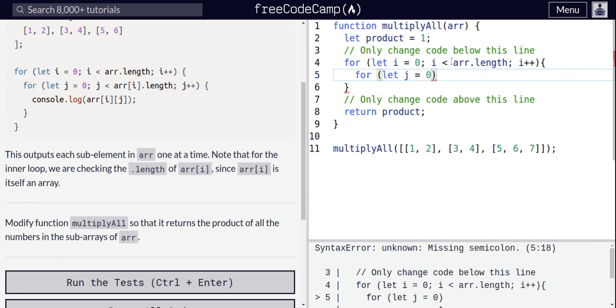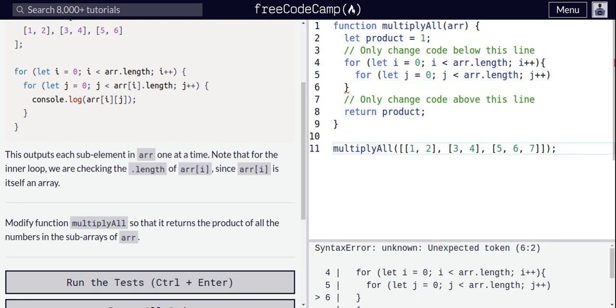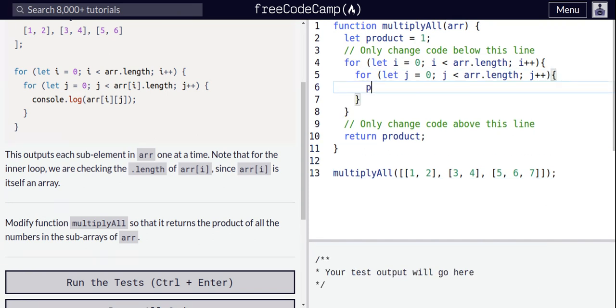I shouldn't have a for loop with an iterator that is the same as the one in the outer loop. j is less than i dot length, j plus plus. The product is going to be equal to